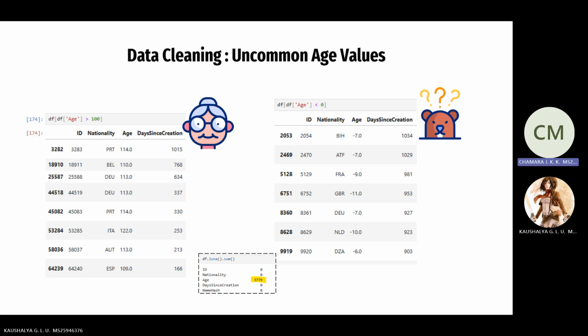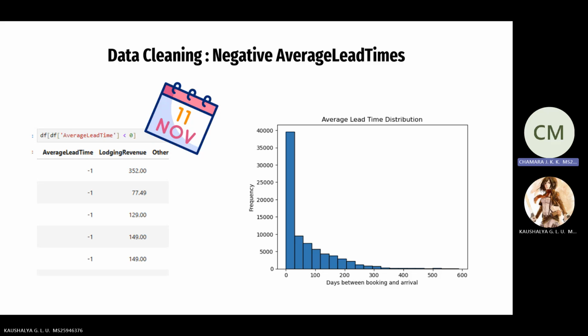When analyzing, we found more than 120, above 120 age records in the dataset, which is very unlikely. So we have removed those outlier values as well. For example, we also had negative values in the average lead time column. We have removed those values as well, and also you can see a huge spike in the